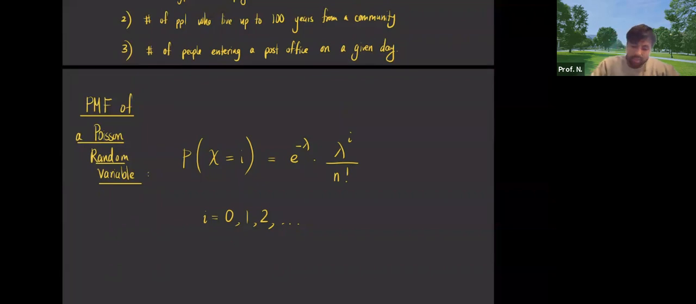It's a bit strange. But you can actually derive this PMF if you were to apply the PMF of